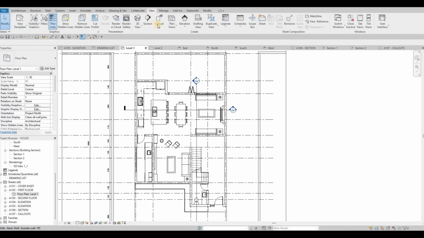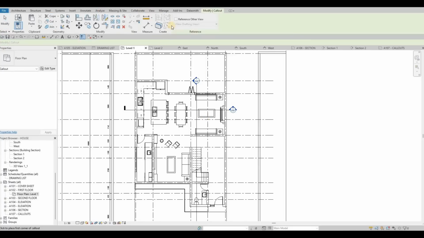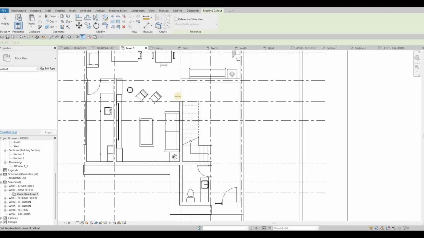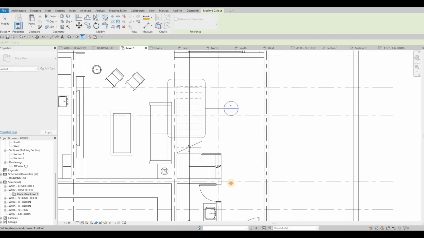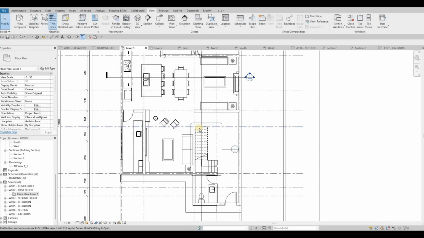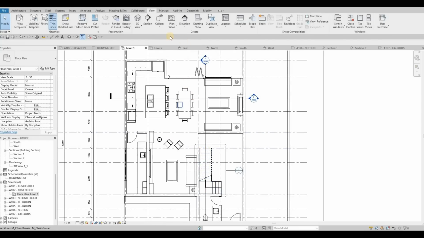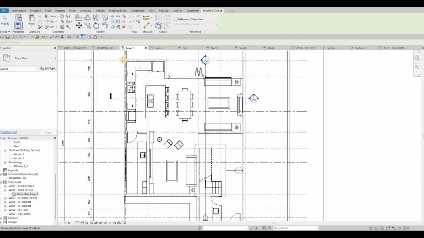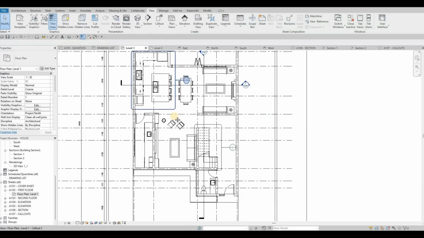Insert. Actually, it's in view. Sorry. So go to that, and then, for example, you want to create a view here for the stairs, and then, for example, you want the kitchen. You can do so,